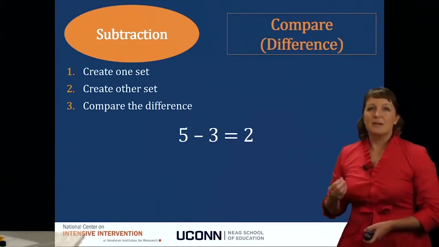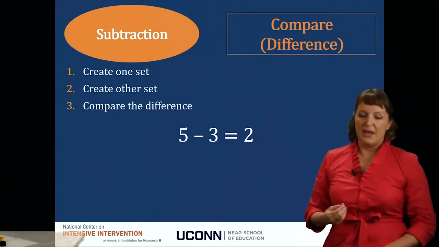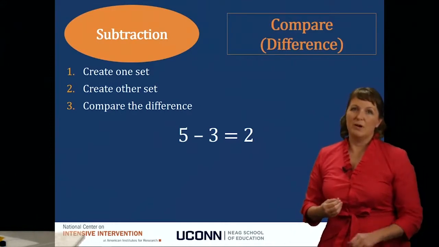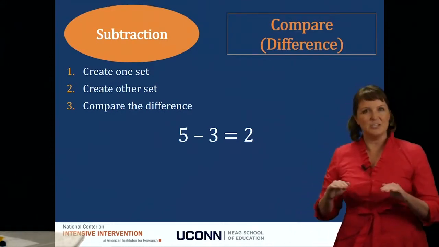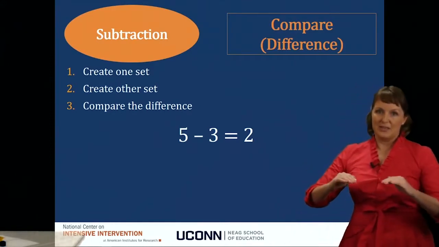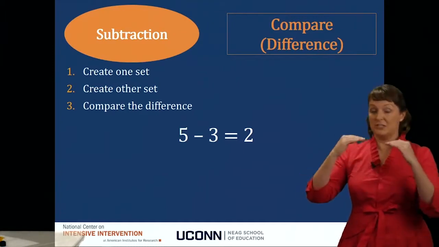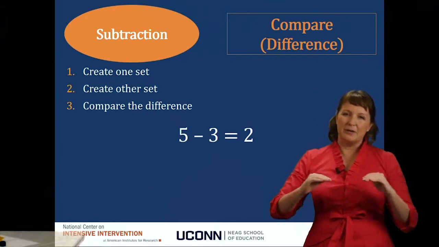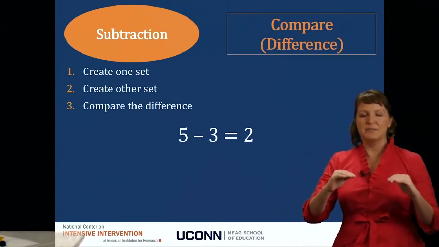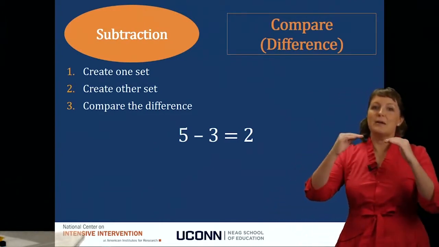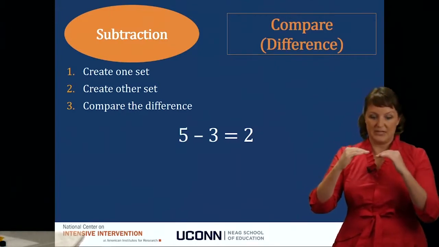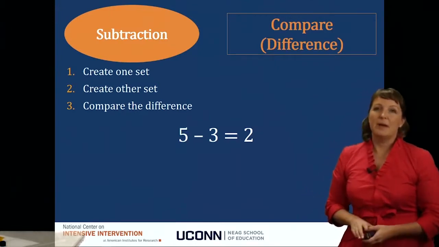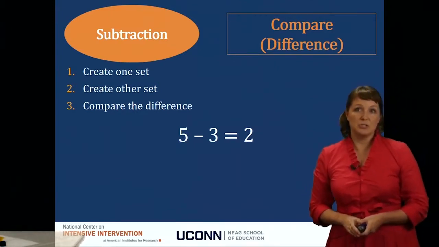Now we also think about subtraction as comparison. Just with addition, where the part-part-whole model was kind of like the initial understanding of addition, and then the join model was a little bit more sophisticated, we're going to see the same thing here. The separate model is really kind of like the initial model of subtraction, and then the compare model is a little bit more sophisticated. So now we're going to think about this problem 5 minus 3 equals 2, but